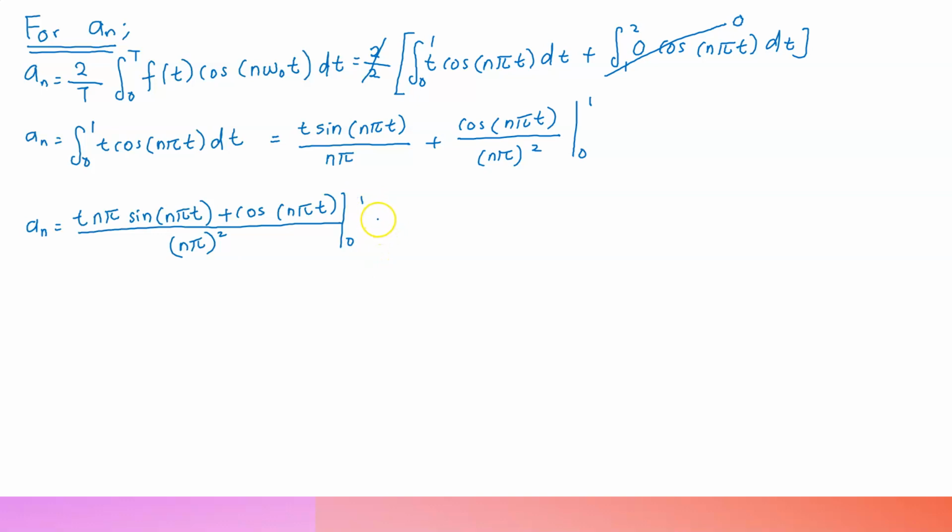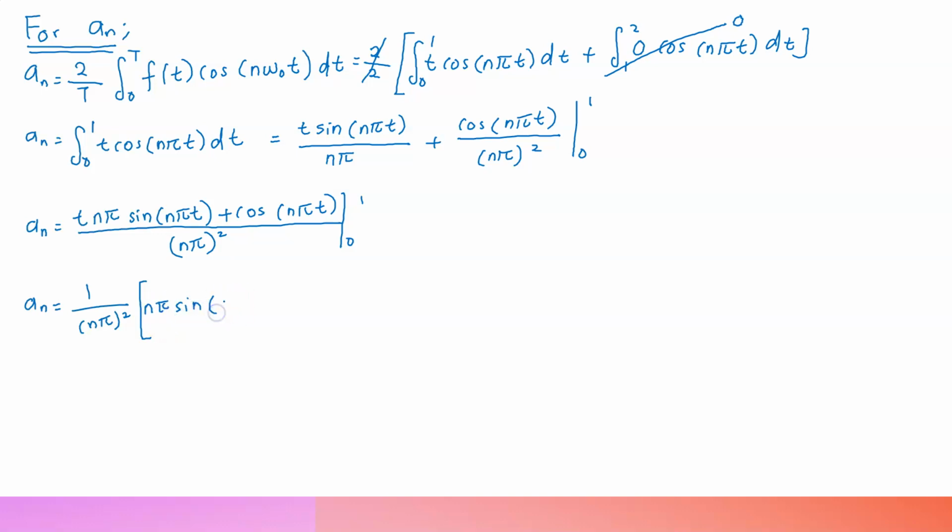Okay, and I can put aside the n pi square, and I substitute t first with 1. Okay, so here I will have n pi